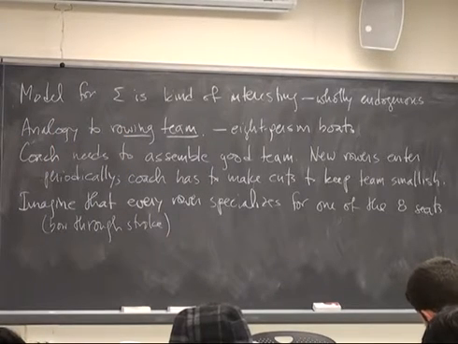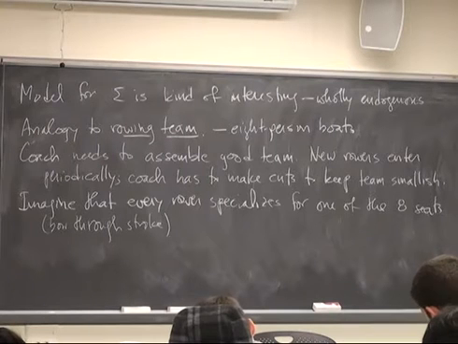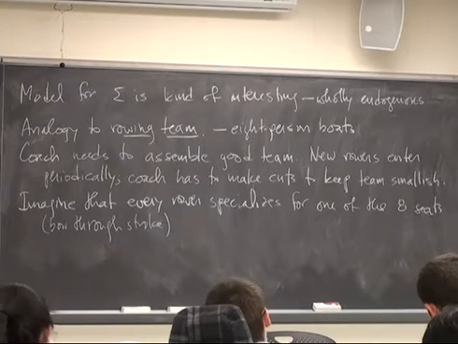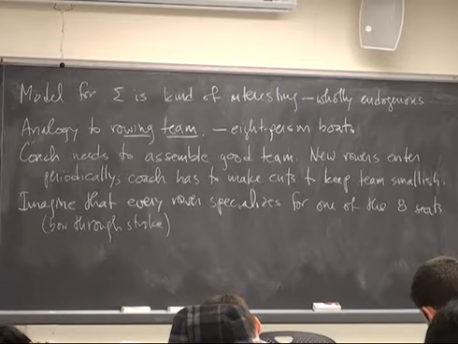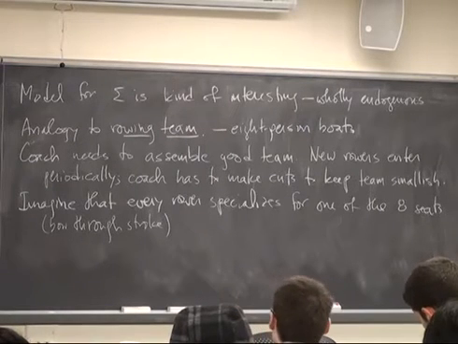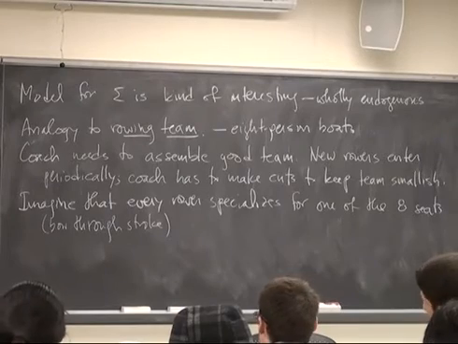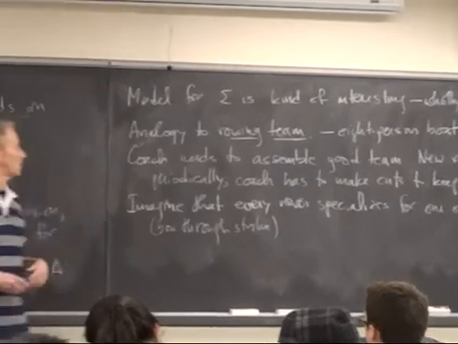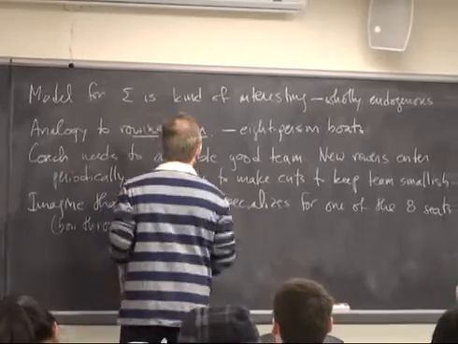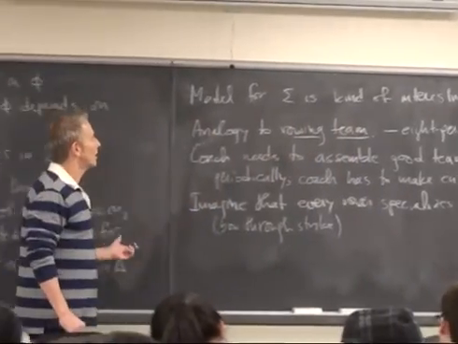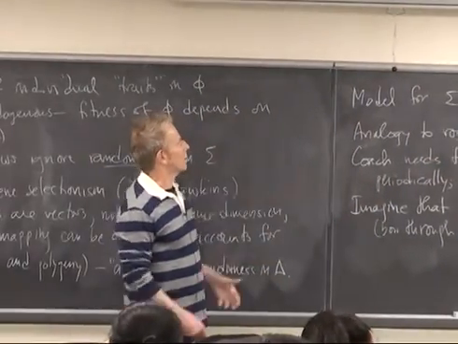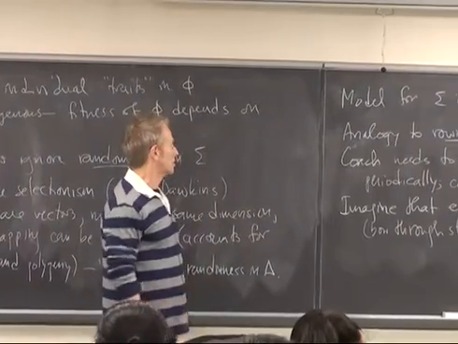And Dawkins carries this on, by the way, and talks about some of the rowers being left-handed, some of them right-handed. I'm not going to worry about that. Okay. So imagine every rower specializes for one of the 8 seats in the boat. Thus, you have a bunch of 2-seat candidates, a bunch of 3-seat candidates, a bunch of stroke candidates, and so on. Okay? So how does the coach decide which rowers to cut after a new infusion of specialists?